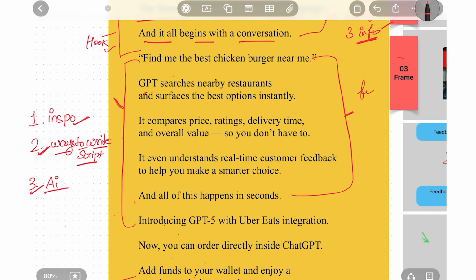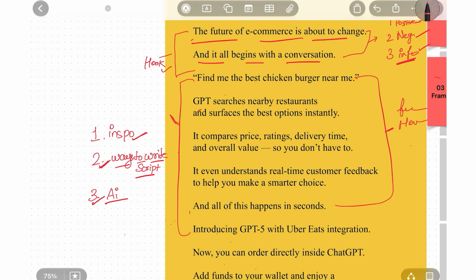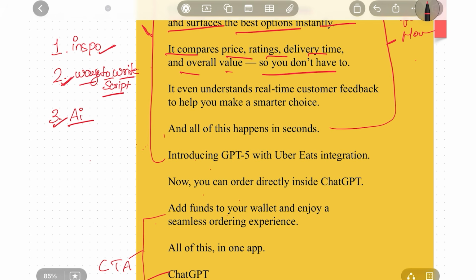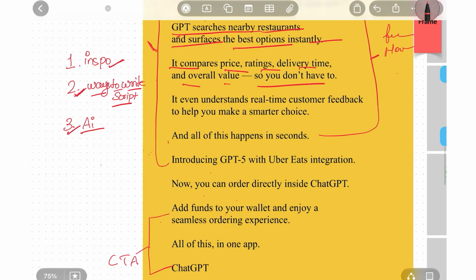For the body, you can show everything that you want to show. Like you can talk about any feature and you can tell how it works. Okay. Like when it comes to my script, I talk about how it works. Like GPT searches nearby restaurants and surfaces the best option instantly. It compares pricing, rating, delivery time, and overall value. So you don't have to. I've talked about how it's going to help you in real life. Okay. Then exactly